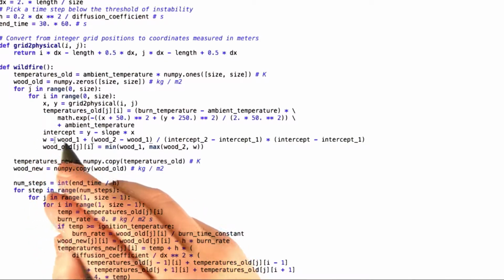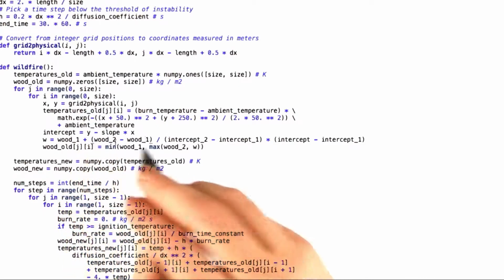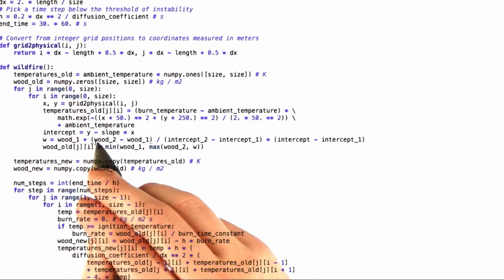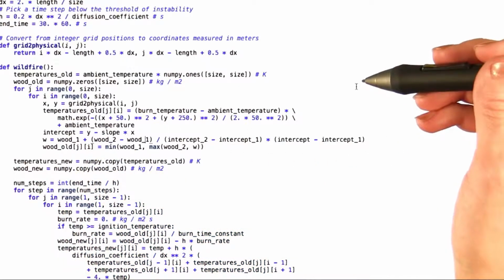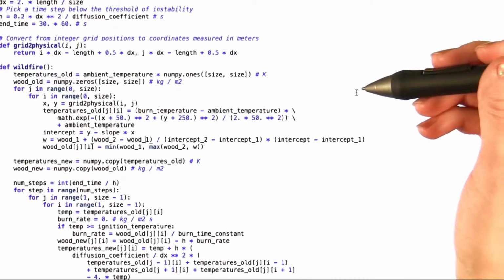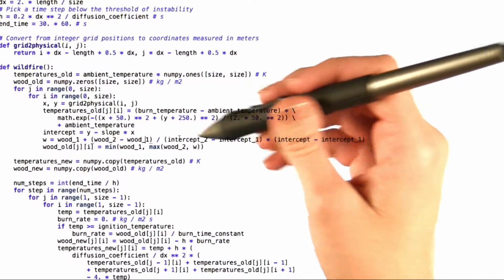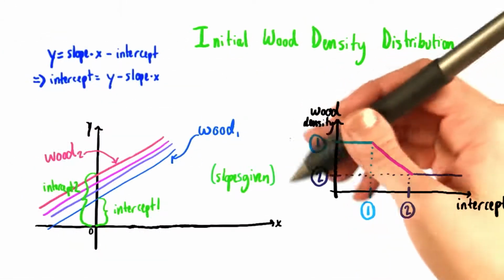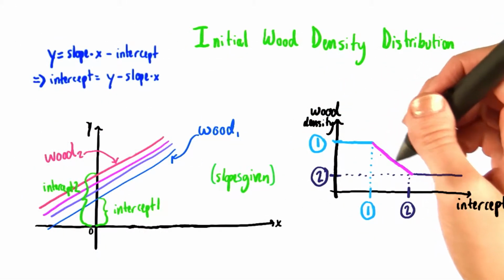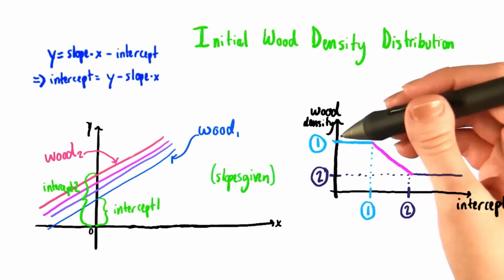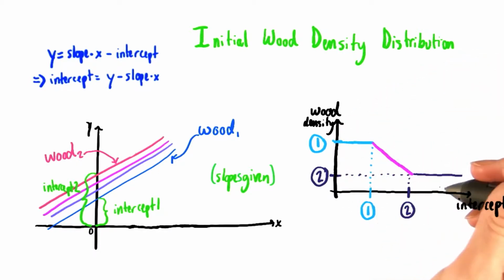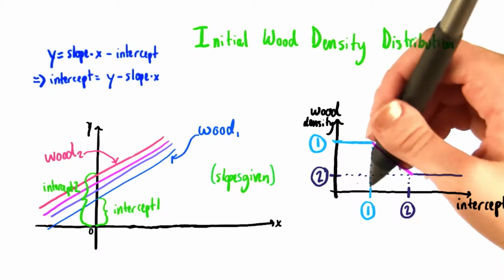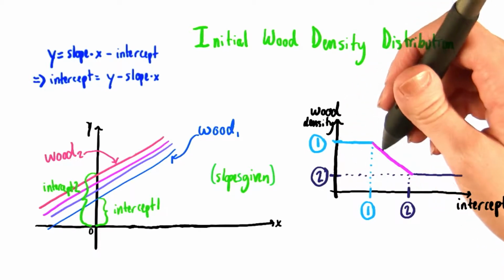to wood 1, the maximum possible wood density, plus all of this. This is the difference between wood 2 and wood 1, so that range in which W is allowed to vary across the terrain, divided by the difference between the intercepts. So you remember on the graph that I showed you earlier, this graph right here actually, that is the slope of this line. Since wood density here is on the y-axis and the intercept is actually on the x-axis, if we take the difference in wood density divided by the difference in intercept, we get the slope of this pink